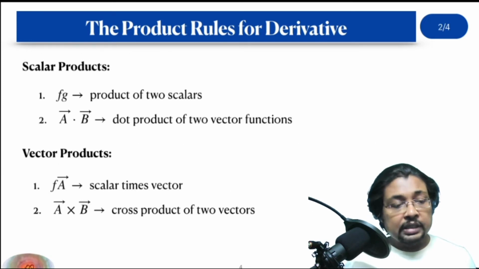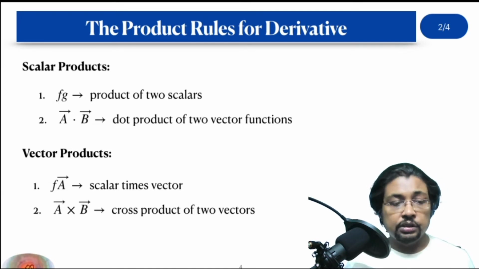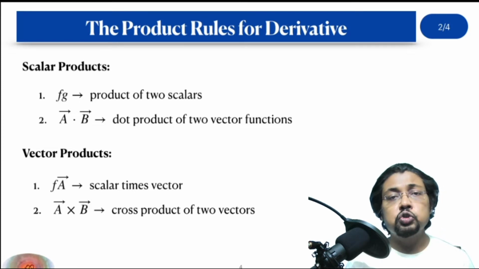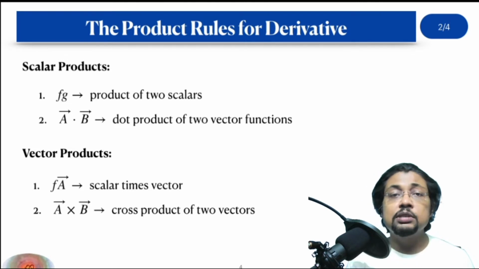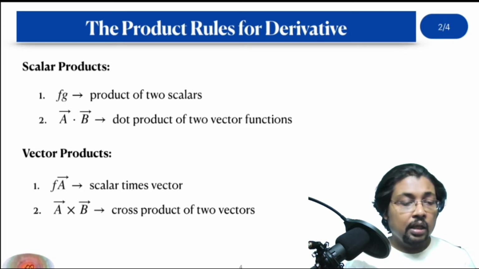The scalar product. The scalar product means the product which can generate the scalar functions. So the first one is obviously two scalar functions that when multiplied generate another scalar function. The next one is the dot product between two vectors, and already we have seen the dot product between two vectors is equal to the magnitude of the first vector times the magnitude of the second vector times cos theta, and it is free from any unit vector. So therefore it generates a scalar.